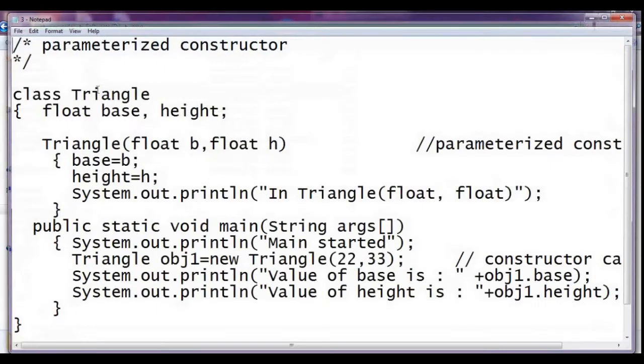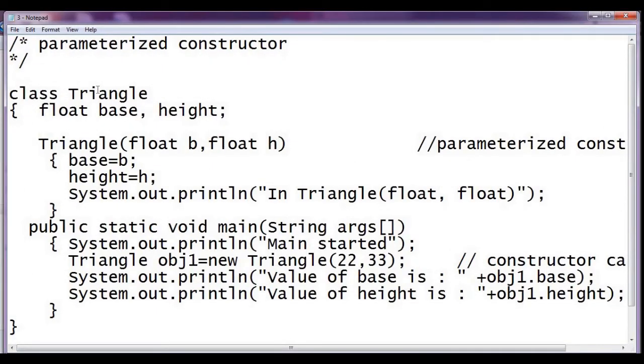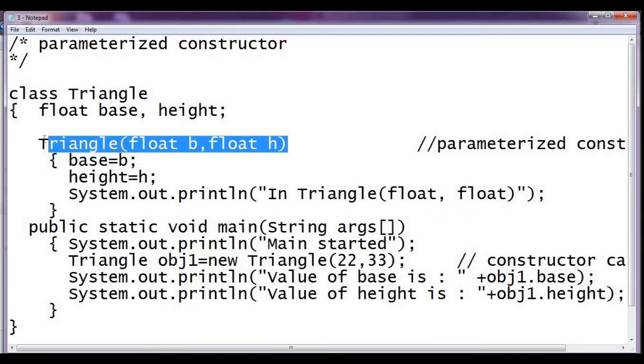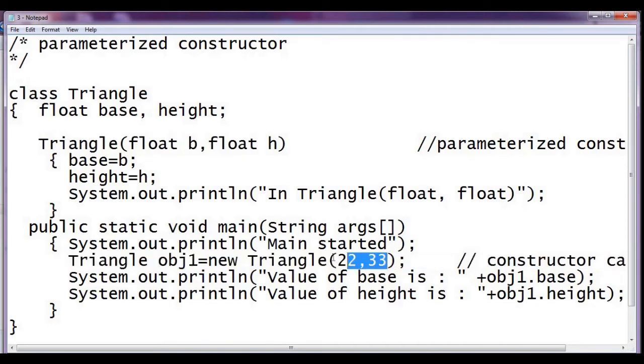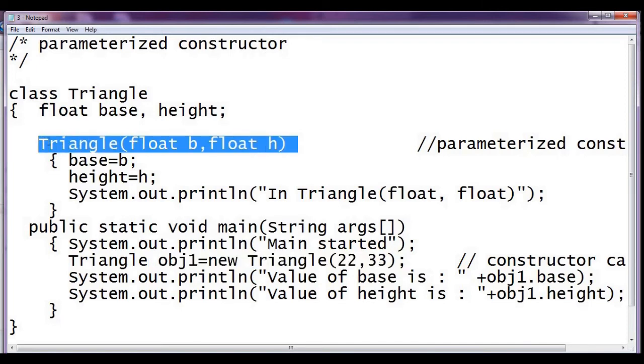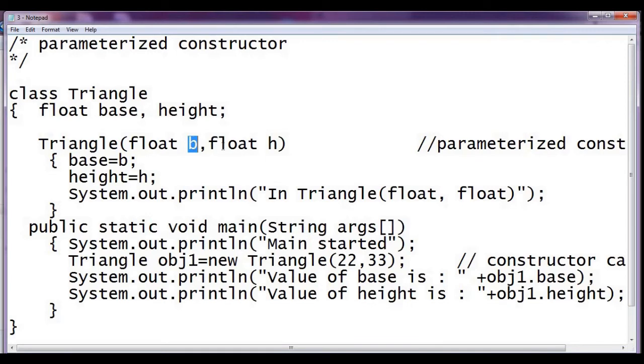Now let us move to the third one, the parameterized constructor. The constructor with arguments is known as a parameterized constructor. Here we have one object created, and during the creation of the object we want to pass base as 22 and the height as 33. So from this point this constructor will be called, and the value of the base B will be 22 and the height H will be 33.